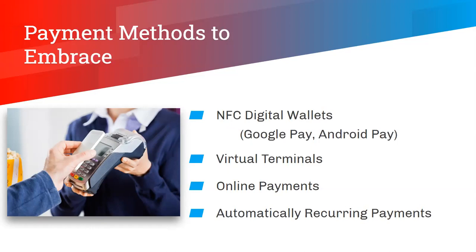If you're not familiar with these methods, they're basically a web-based application that allows you to manually enter a tenant's payment information over the internet through a payment gateway. Using modern virtual terminals, these payment methods are PCI compliant and use tokenization, so pretty high on the safety rating as well. So the last two I have listed over here, online payments and auto pay, they don't really need